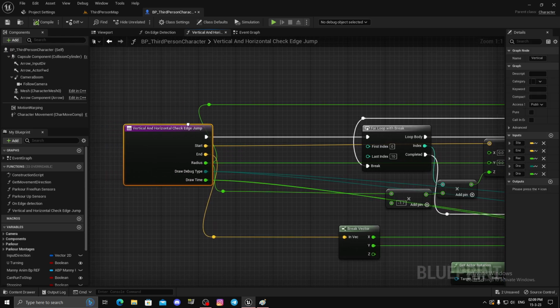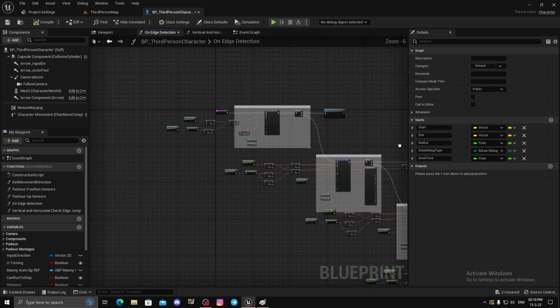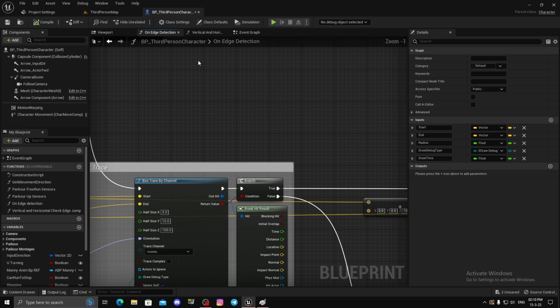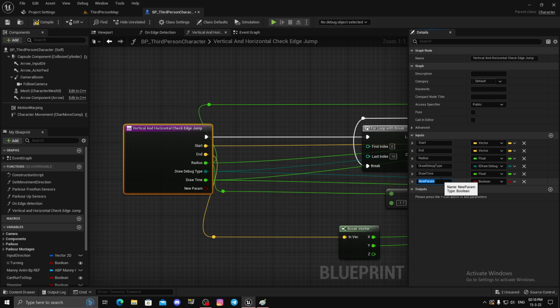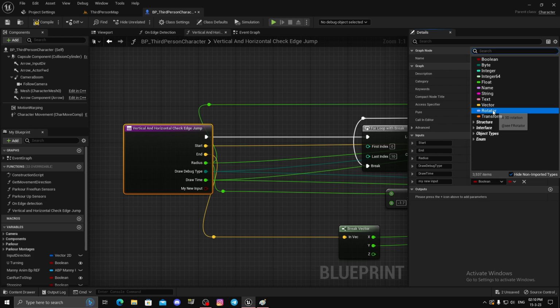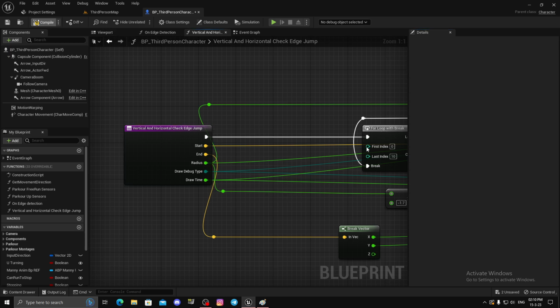in this function, what you need is to first create a few inputs. Create a few inputs, which will be the start vector, end vector, the radius, and these two are just debug things which you don't need, but you need these three: the start, end, and radius. If you don't know how to create it, just create input, name it whatever you want, my new input, and here you have your boolean to vector and whatever. All right,